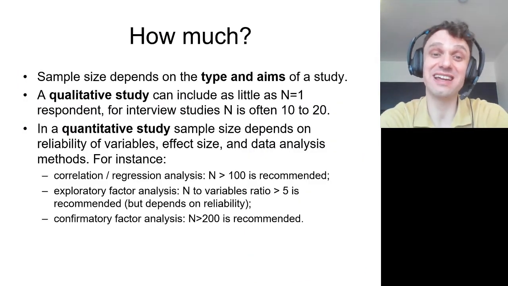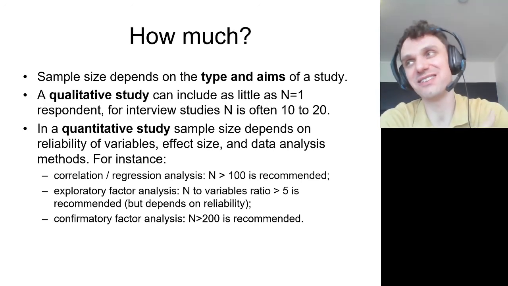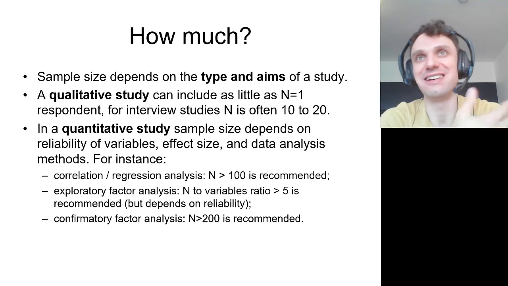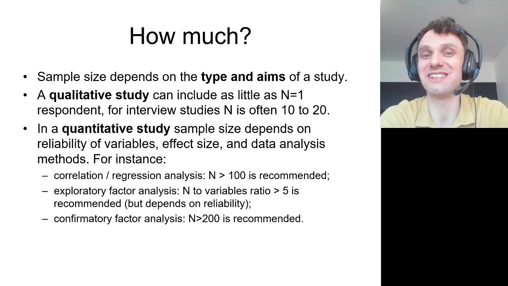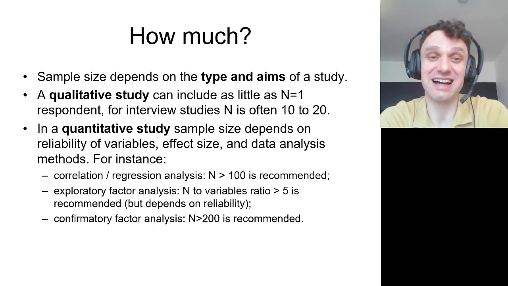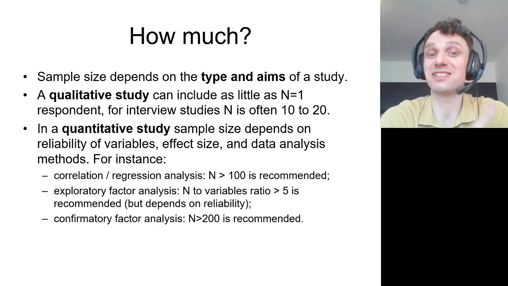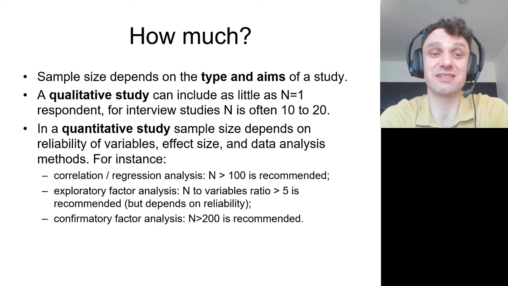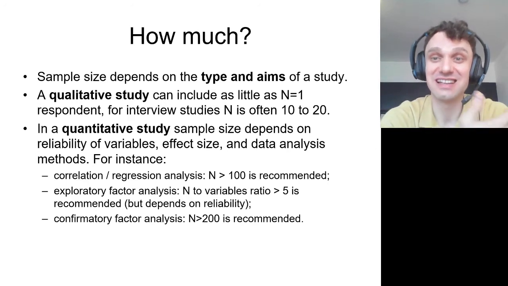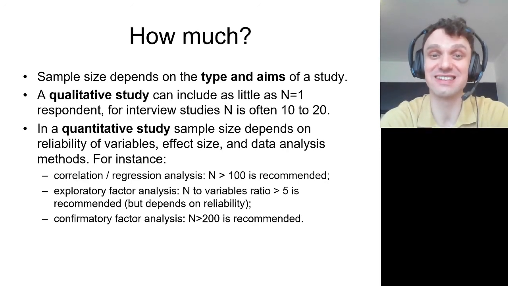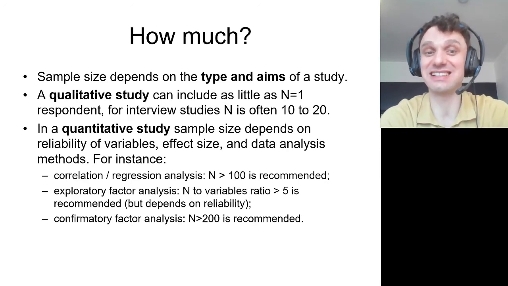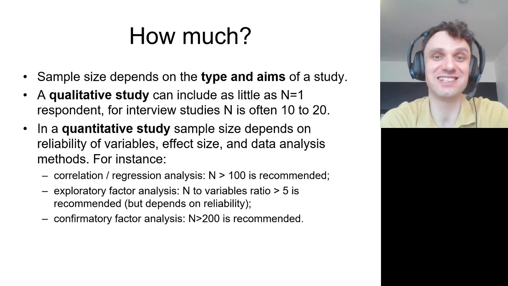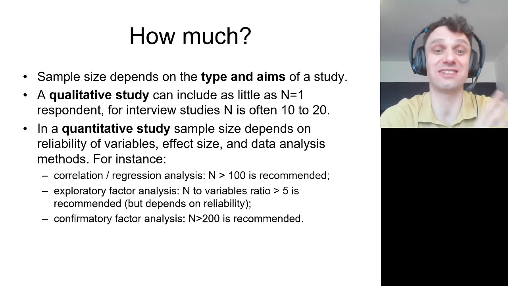Of course, if you are doing a qualitative study, if you are doing some interview study or you're analyzing some free descriptions, your sample can be very small. There are even case studies where they only used one participant. If you're conducting an interview study, usually your sample size is like 10 to 20 people, because having more is just impossible from the point of view of how much work it takes to conduct all the interviews and to record all the transcripts and to analyze them. So in your master's dissertation, if you manage to do 15, it's a lot.